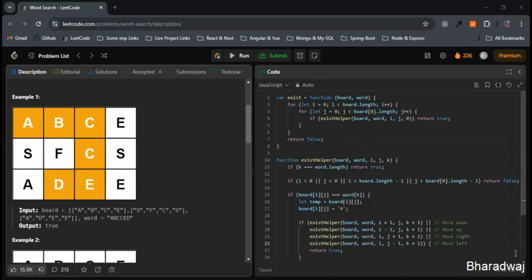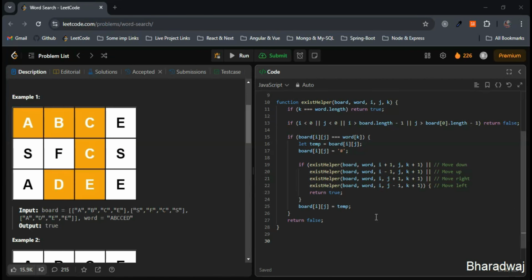Next, what will be the time complexity and the space complexity? The time complexity would be big O of m into n into 4 to the power of l. Why? Because m here is the number of rows, n is the number of columns, and l is the length of the word. The main function scans each cell, that is big O of m into n,